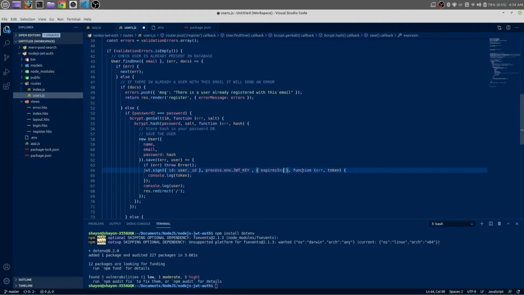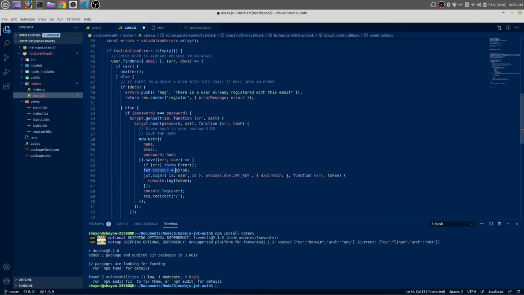expiresIn, it will expire in 1 hour. So here it will calculate in seconds, so let me make it an hour. Let 1 hour is equal, it will calculate as seconds, so 60 seconds multiplied by 60, that means 1 hour.